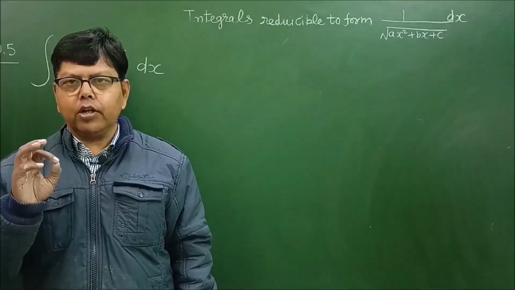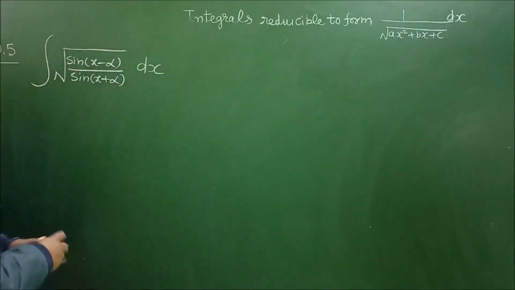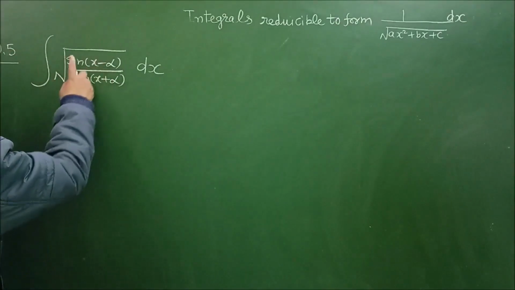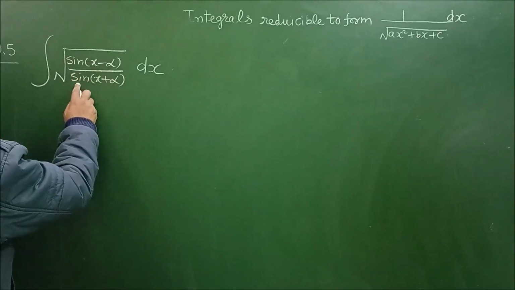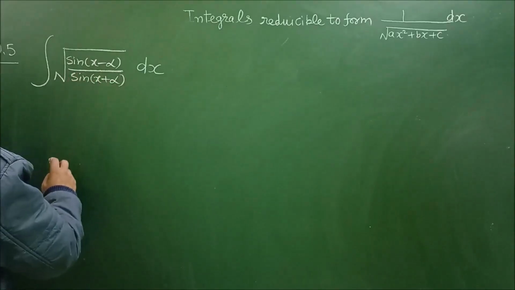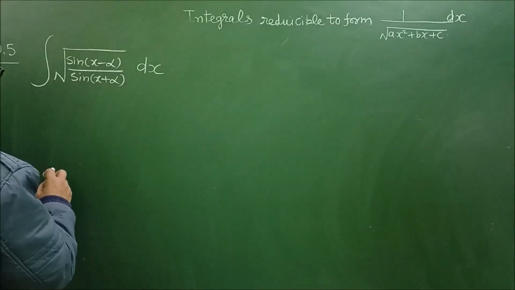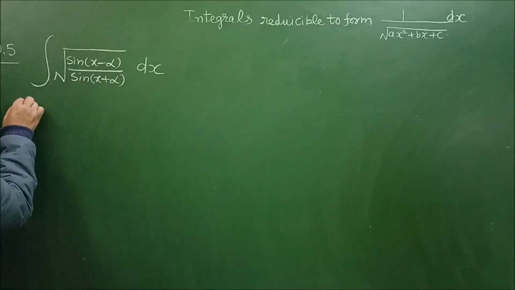Next question, question number 5. Find the integral of under root sin x minus alpha upon sin x plus alpha dx. First, let us get rid of the square root sign, so rationalizing